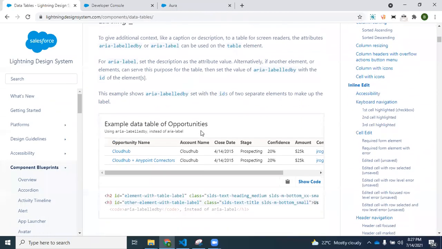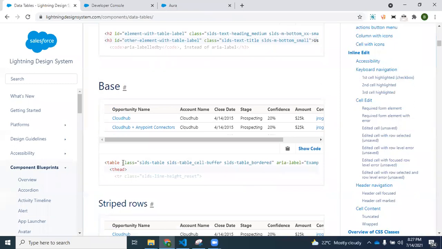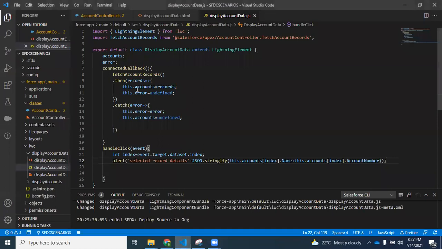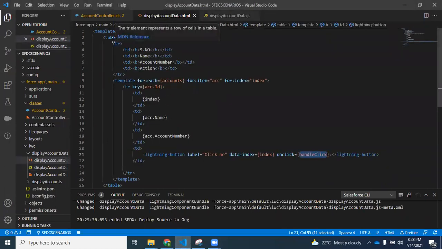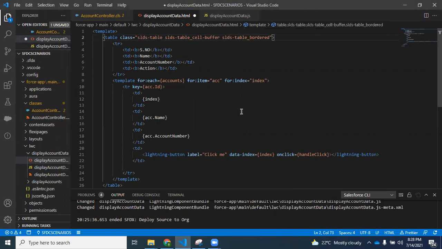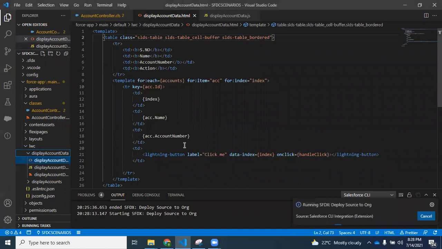Let me copy the class here and add this class to the HTML table. Let me deploy to the source org.